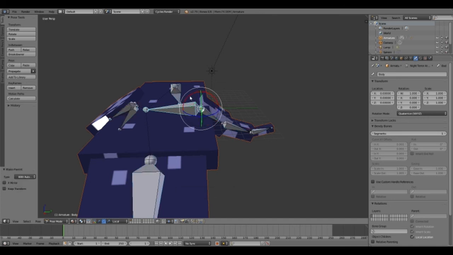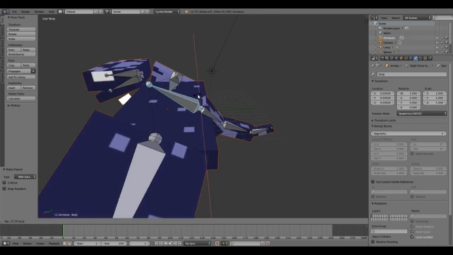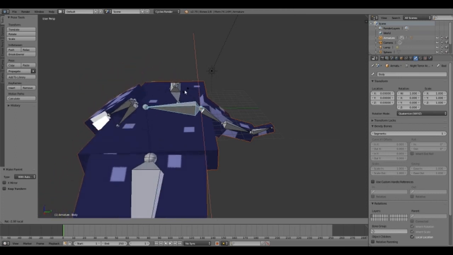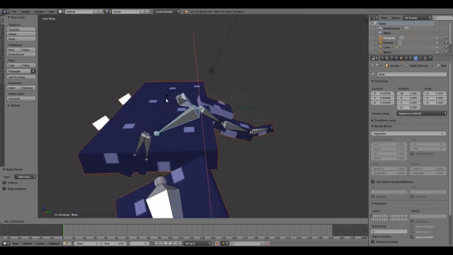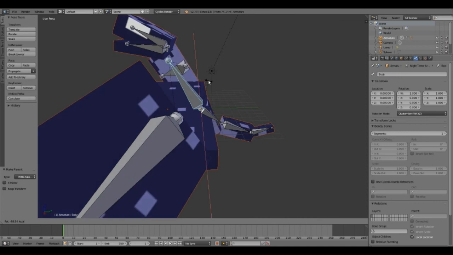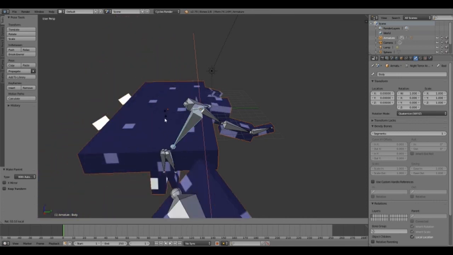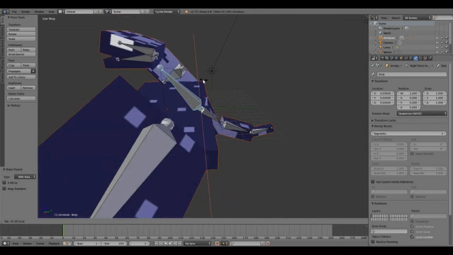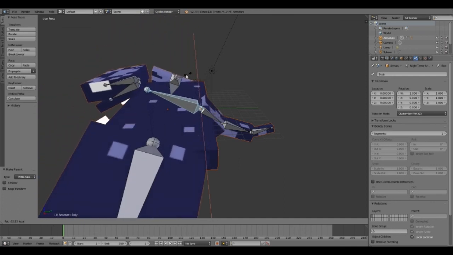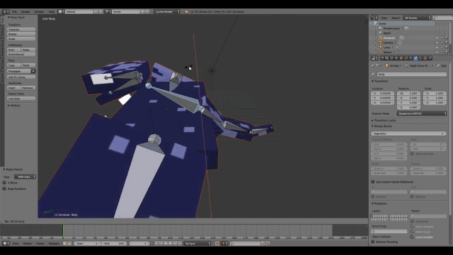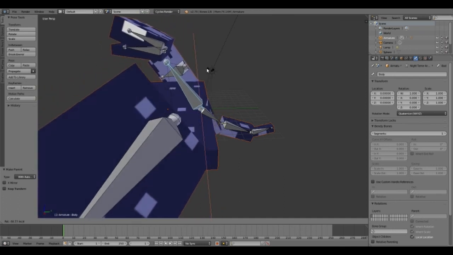Okay. That should do a somewhat good job of moving everything. Yes. I believe that is correct. Good. Most of this stuff isn't looking too fun right now, but we're going to fix that in the weighting,